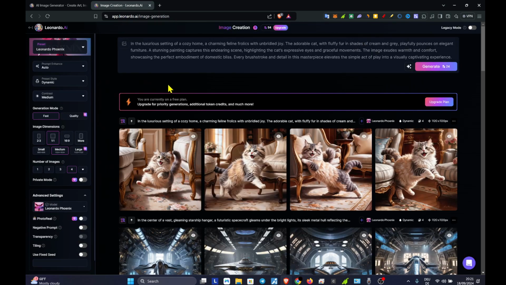So this is the Leonardo AI image generator, and we are using it for free. I think I have only 50 more credits that I can use to create 5 more images. So you can try it and let me know if there is anything you would like to know more about, or if you want me